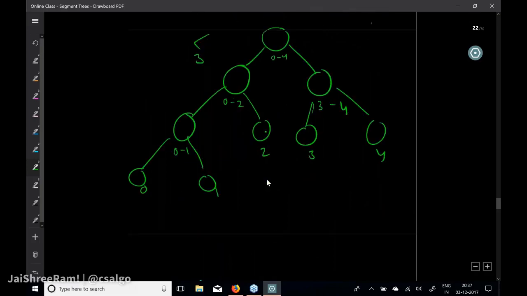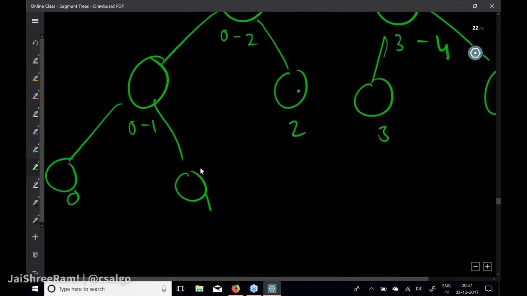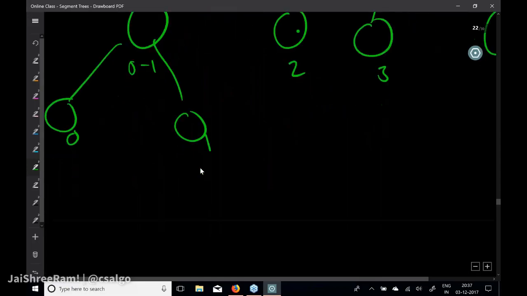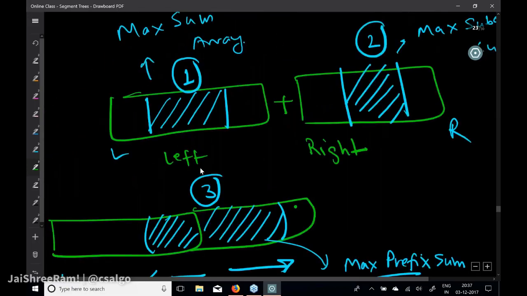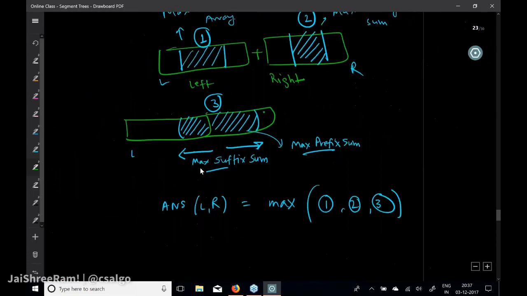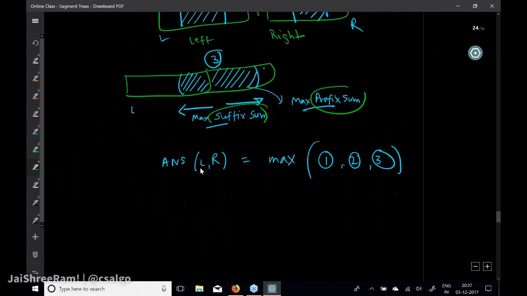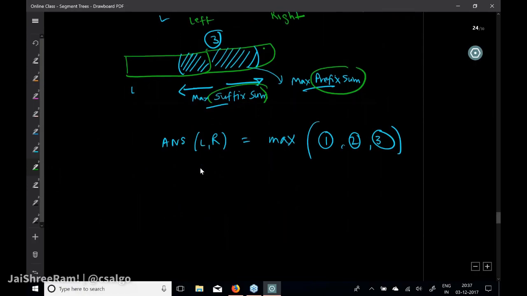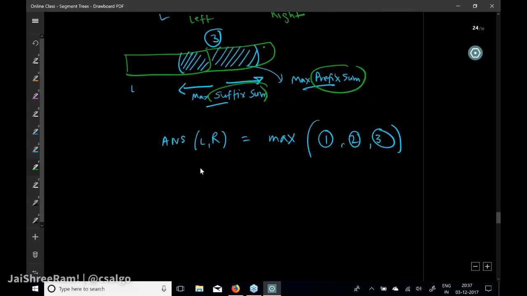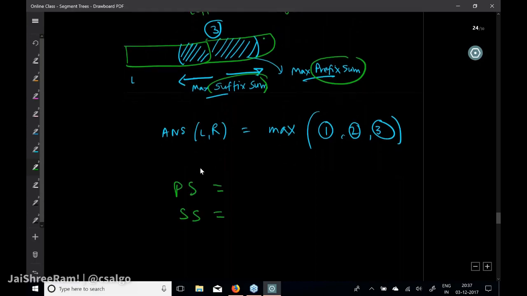क्या है, ठीक है। अब देखो हर एक नोड पे हमें 4 वैल्यूज कंप्यूट करनी है। ये दो वैल्यूज तो समझ आ गई ना, मतलब जब एरेस कंबाइन होंगे तो राइट एरे का प्रीफिक्स सम, लेफ्ट एरे का सफिक्स सम, ऐसा सम जो सबसे ज्यादा है, ठीक है। सो हमें क्या क्या चाहिए, हमें चाहिए प्रीफिक्स सम PS, हमें चाहिए सफिक्स सम SS, और हमें प्रीफिक्स सम कैसे निकलेगा, देखो प्रीफिक्स सम निकलेगा